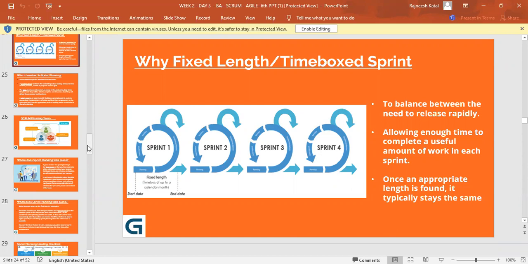So that means we have come to this understanding that we are not supposed to play with it or change it. But if there is a 1 or 2 days extension, I'm not saying you change the sprint, but that depends on the severity and your understanding with the customer, and is fine. But that doesn't simply mean today you deliver something in 4 weeks and next sprint you say,